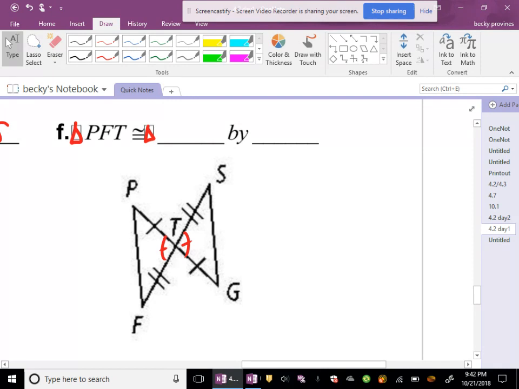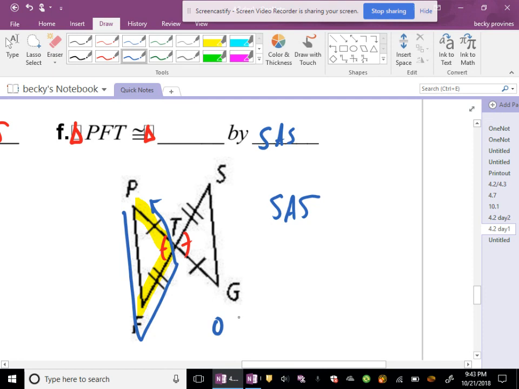So on this one, I have 2 sides and an angle. So those 2 sides come together and they form that angle, which is good. So I have 2 sides and the angle in between. So I'm going to prove this by SAS. And so that means I need to do my congruency statement now. PFT. So I'm going down the side with 0 marks, up a side with 2 marks, and then down a side